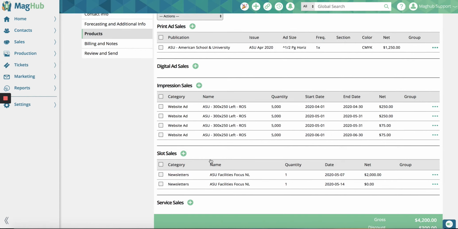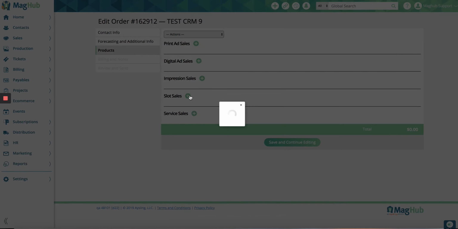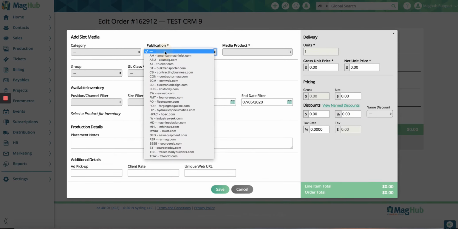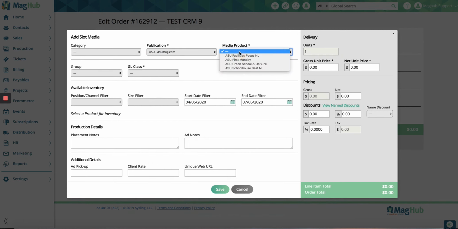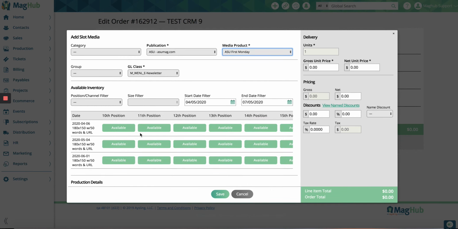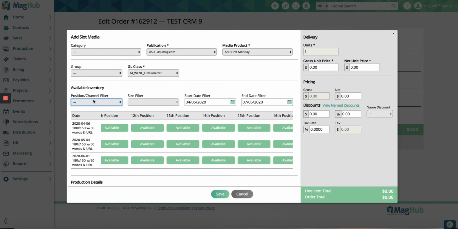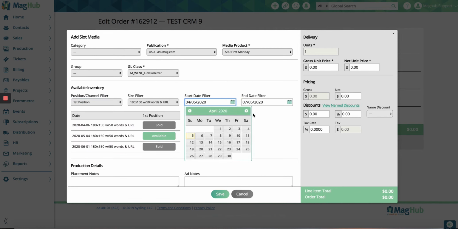One thing to note on this is that the interface will be changing soon. So this is what it will look like in the near future, just in a couple weeks. When I go to slot sales, I'm going to first again select the publication just as I would. I'm going to choose that item, and actually let me choose Monday because we know I have items in here, GL class to default, and you'll actually get, instead of having to go to the report, this kind of calendar option. So you can actually see here what's available and what has been sold, and you can filter that down. So if you just want to take a look at, again, the first position potentially, and you want to look at sometime in May,